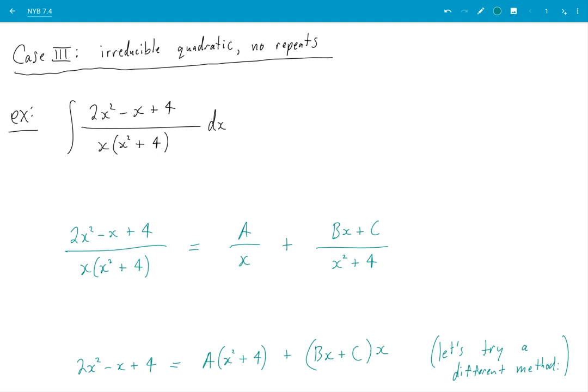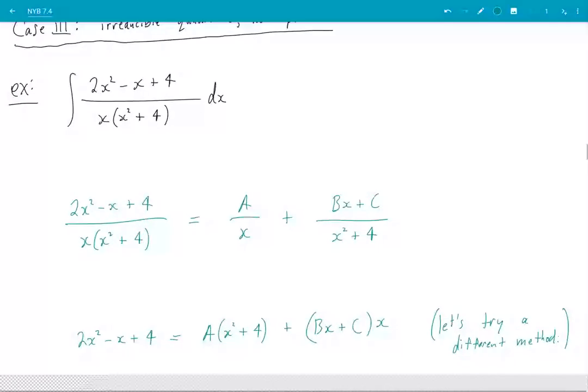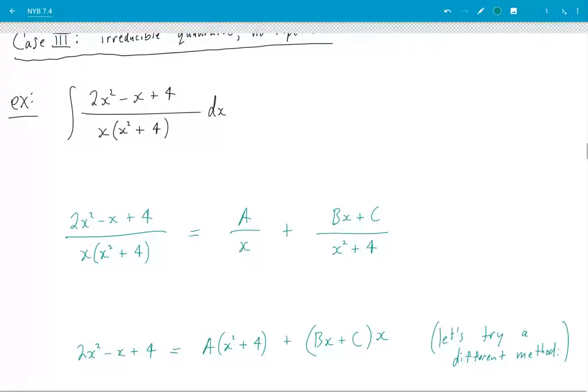Now, here's a pattern we will follow for case 3. Okay, for the linear factor, we do the same thing as we always do. But this quadratic, x squared plus 4, is going to need 2 letters. Okay, these are kind of facts of arithmetic. It could be proven, not very interesting, but